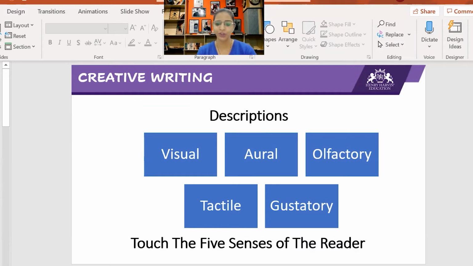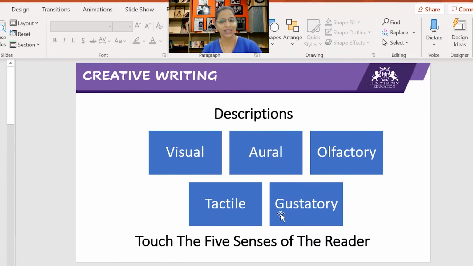The 5 senses are visual, the power to see; aural, the power to hear, your ears; olfactory, the power to smell, the nose; tactile, the power to touch; and gustatory, taste, the tongue. How do you touch all these 5 senses of the reader with your content?